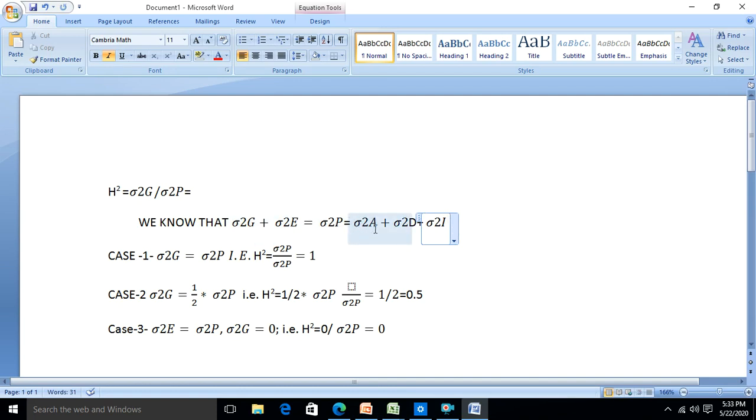So we have already discussed in the last lecture that to know what type of gene action, or what type of breeding methods or selection should be advocated, we look at heritability. If small h square and capital H square differ much, it means that these two components are important, and if they do not differ much, it means that these two components are negligible. We will see how. So sigma square p is equal to this. Up till here you have already known. If sigma square p is equal to sigma square a plus sigma square d plus sigma square I, it means that sigma square a is equal to sigma square p minus sigma square d plus sigma square I.